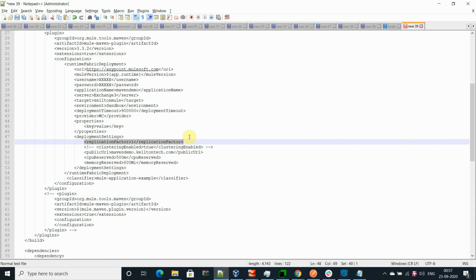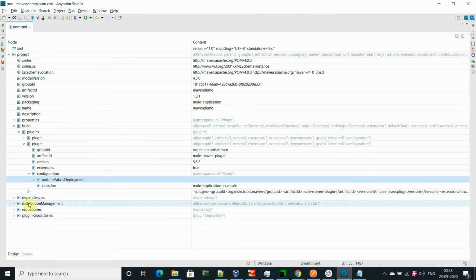I want to deploy it on a single instance. It is not going to provide me high availability or cluster-based benefits, but we can change it. I will change it for demo purposes. And I'm using the Mule application example, like the template example. Definitely you can use many things, but I'm using the example right now. So let's go and check the application.